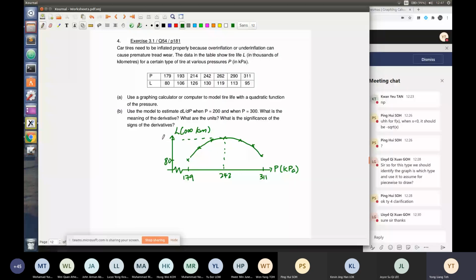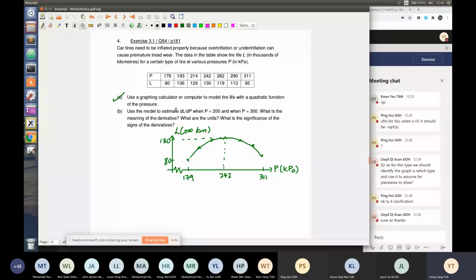130. Okay, so this could be my live pressure profile of my tire. So therefore, that's done for A. And let's look at part B. It's supposed to use the model to estimate the LDP when P equals 200 and P equals 300. Okay, so of course, this is no big deal because since you are asked to estimate, you just